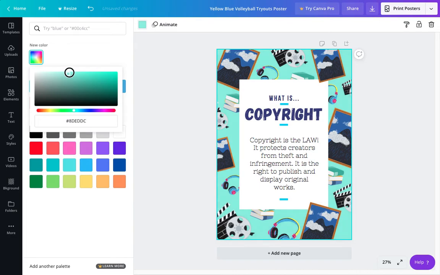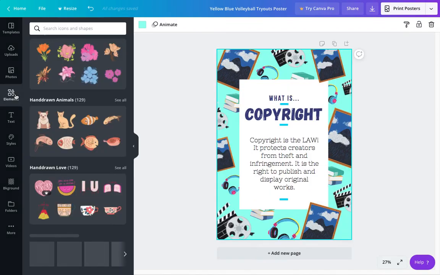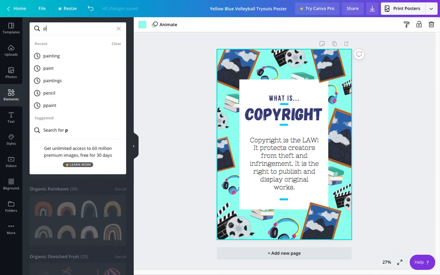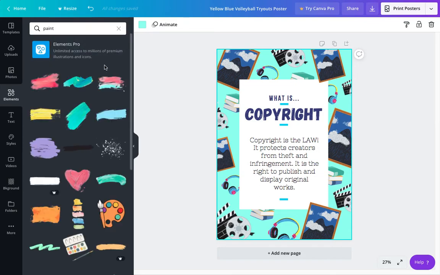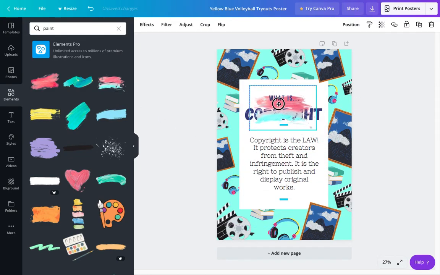Maybe that minty blue greenish color. And I think that looks pretty nice. One other thing I want to do is come over here to my elements, and I want to spruce up my title. So I'm going to just type paint, and we're going to look for a paint stroke element that we can put behind here, and maybe something that will tie in some of these secondary colors. This one is pretty cool right here, and we'll size that down and maybe just put it behind